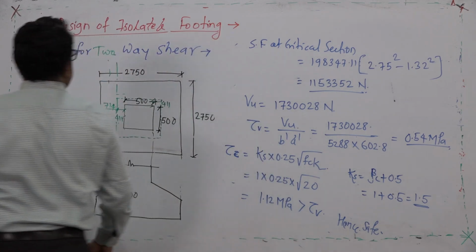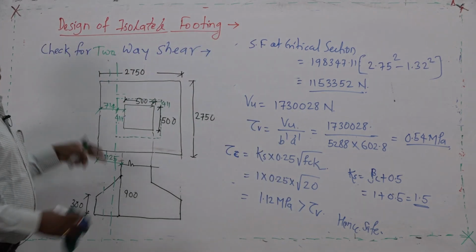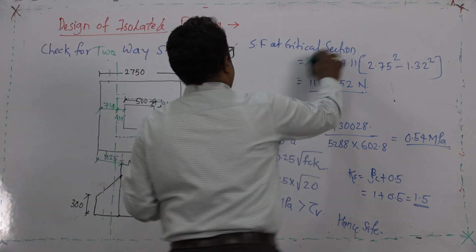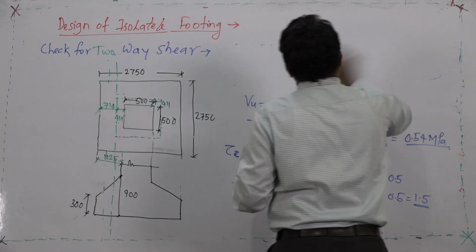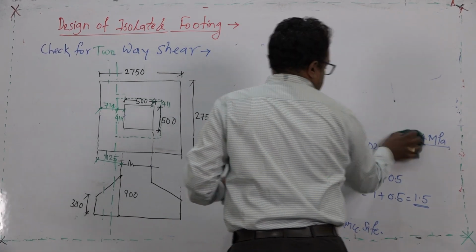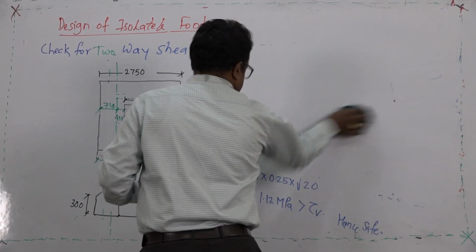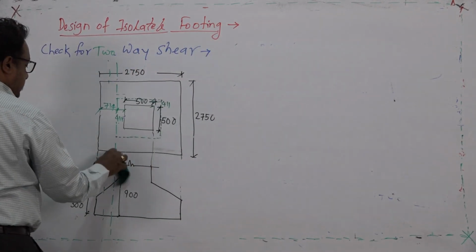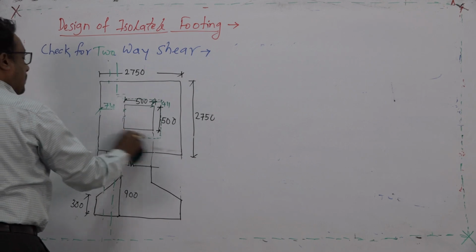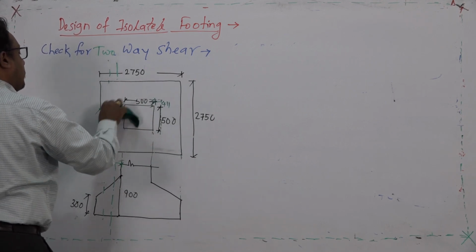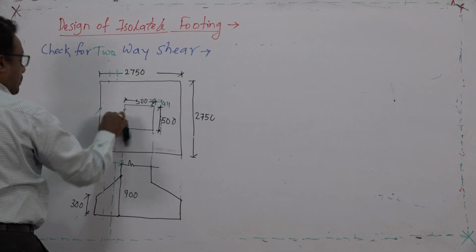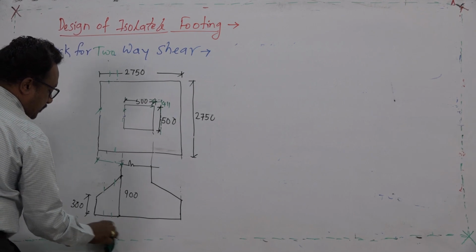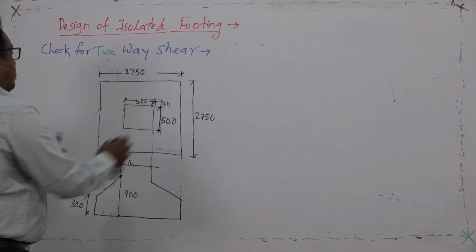In short, these are the two criteria, and after executing these two checks, we can say that our footing has completed all aspects in the design procedure. So, finally, we should come up with the reinforcement sketch. So, I will remove this now. Every time I am editing the same diagram, but you are supposed to draw a new one.